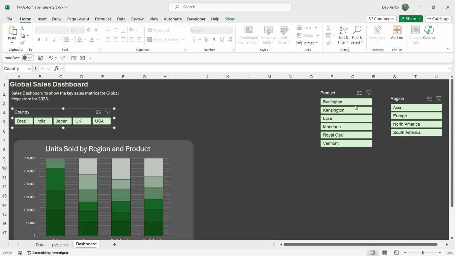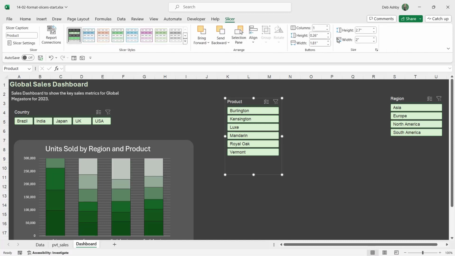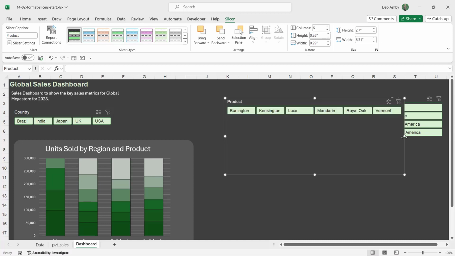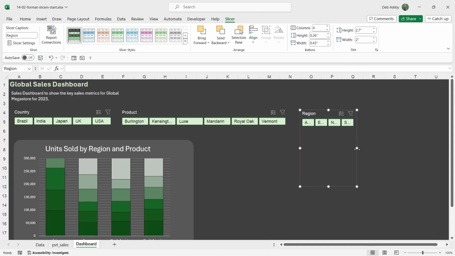So I'm going to do something similar with product. Let's go to slicer. I'm going to take this up so that we have them all in one row. Drag this out until I get it as I want it. Bring it up, and then we can move these across. And the final one, let's take that up to 4, and we can drag this out